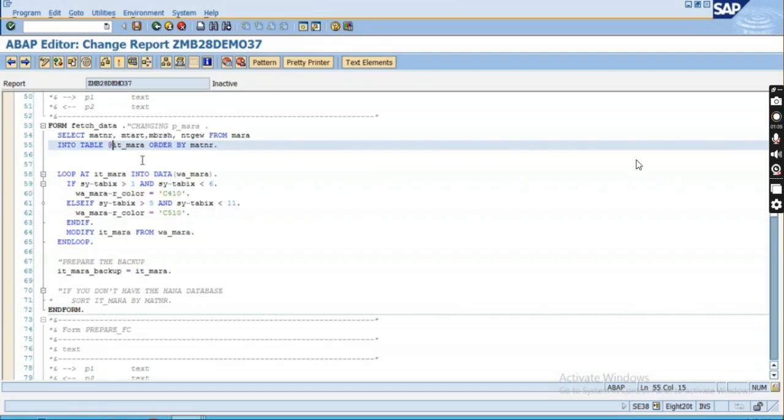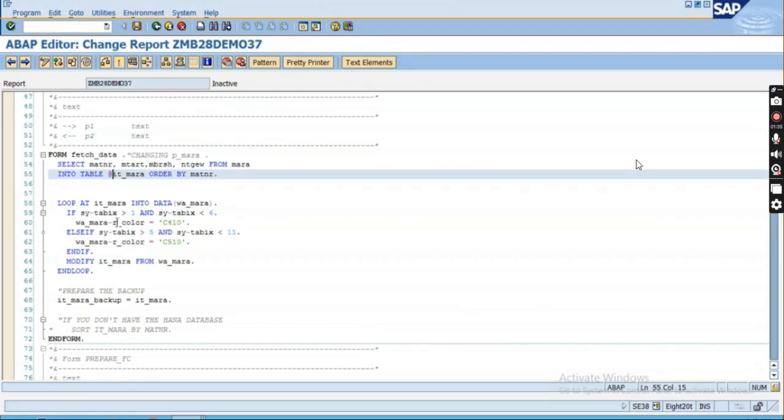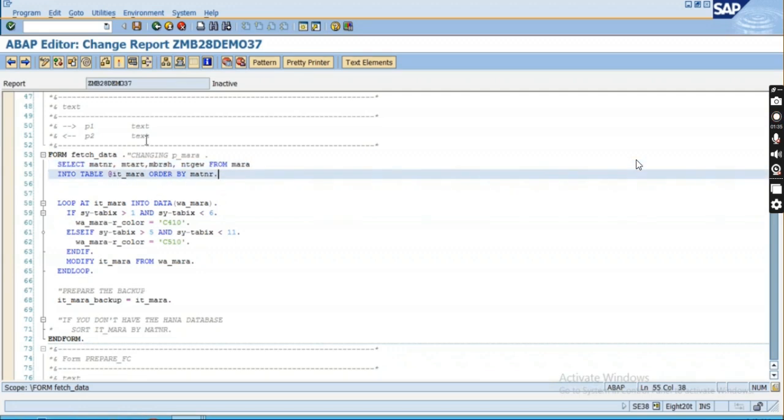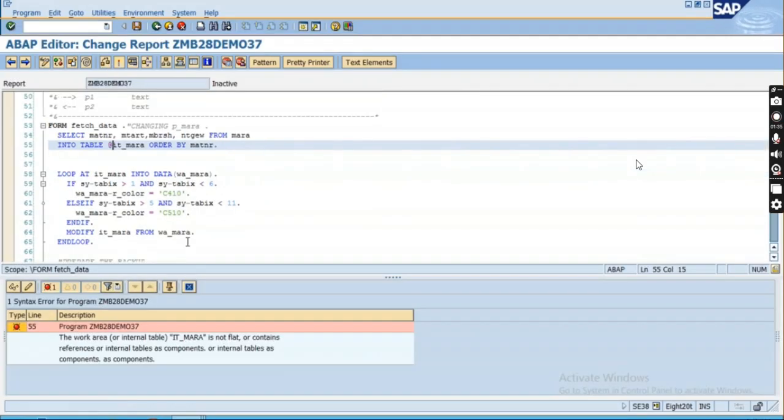So in this case, what to do? Select material number mtart mbrsh ntgw from mara into table. This is fine. Order by material number. You'll have to think in such a way that this problem should be avoided. So let me think. The work area or internal table is not flat, that is fine, or contains references or